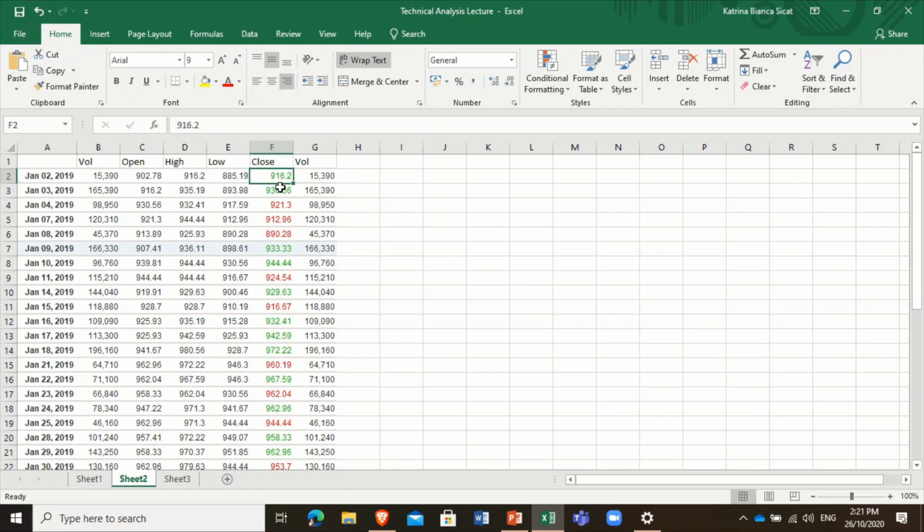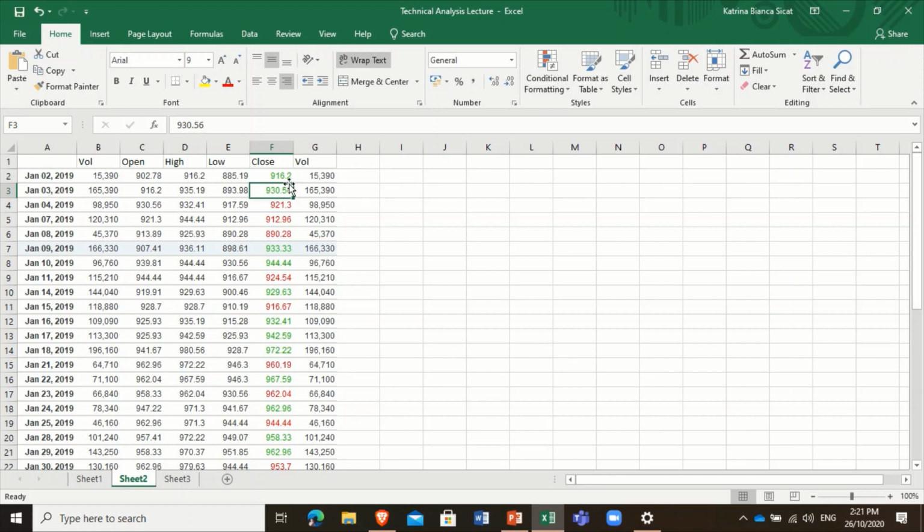Okay. So, tingnan natin mabuti, no? So, this is the closing price of the day. So you can see may kulay na siya. Red and green. So pag sinabi mong green tumaas, pag sinabi mong red bumaba. So let's try to do it. Okay. So mag-start tayo with January 3. The closing price of the day, January 3.